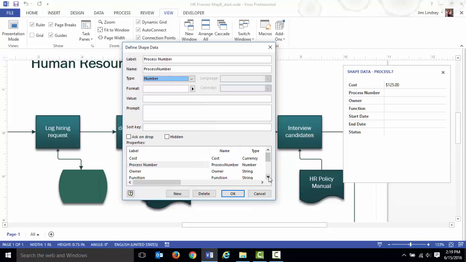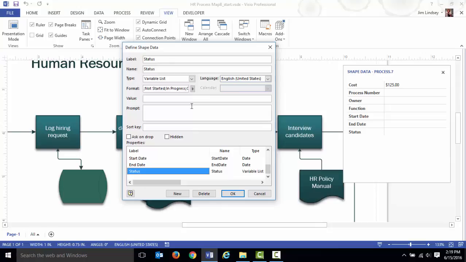If we come down to this status, let's check this one out, because this is that variable list we were talking about. The syntax, the rules that you use to make a list, whether it's a variable list or a fixed list, is important. The way in which you enter that data. As you come to the end of that list, you'll see that you can add additional stuff, but each choice has to be preceded by a semicolon. Right there, you'll see the semicolon and then the choice. And so if we wanted to add a new choice in here, I'm going to put semicolon, I'll put apple,